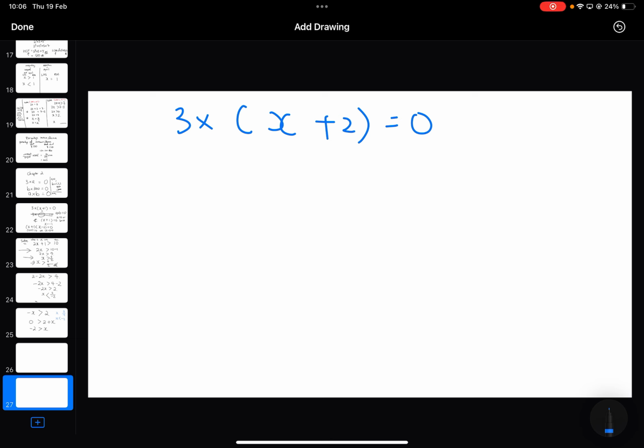Three multiplied by this bracket equals to 0. What must this bracket be equal to? What is this bracket? I'm not asking you what is x, I'm asking you what is this bracket. This bracket must be 0, because 0 times 3 will make the left hand side 0. Huh? This is times. This one is plus. Okay? So in this one, to make the left hand side equal to 0,